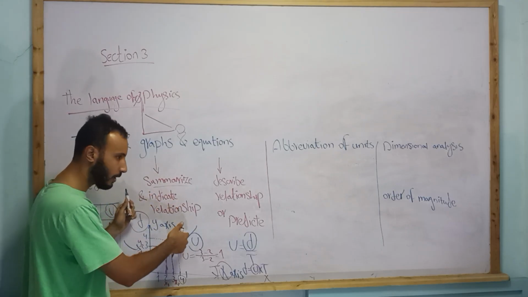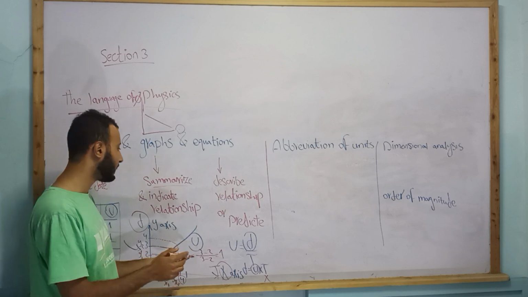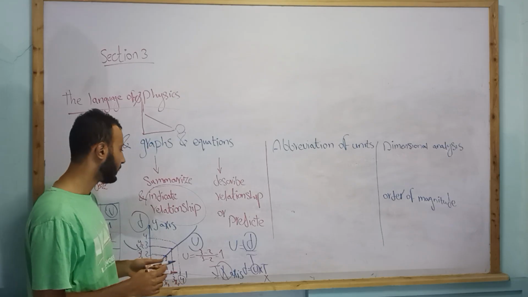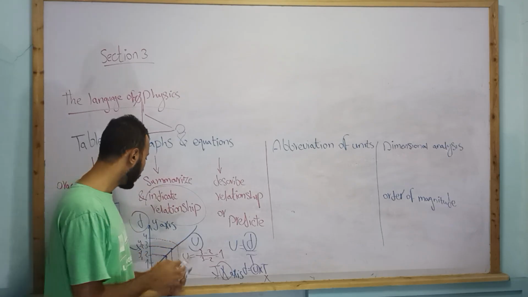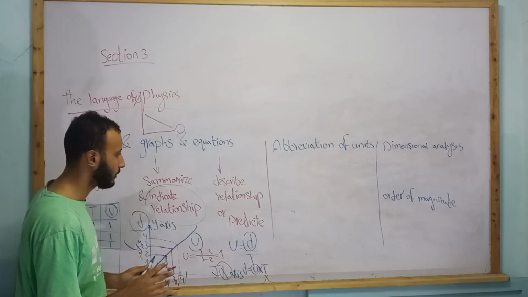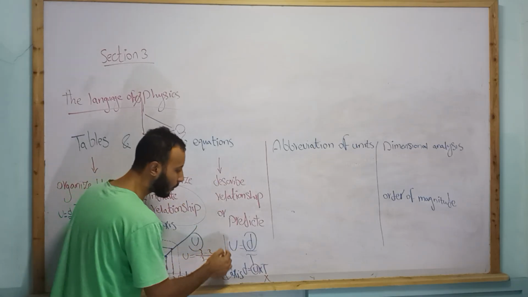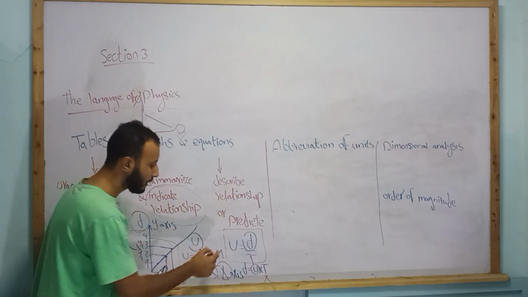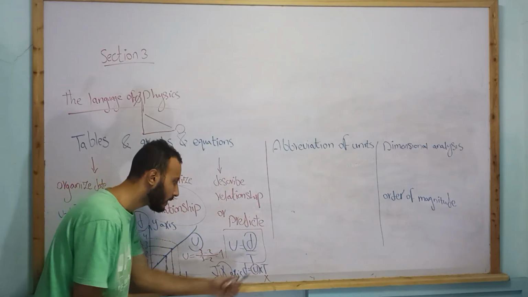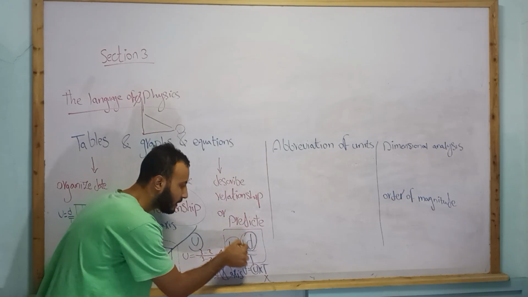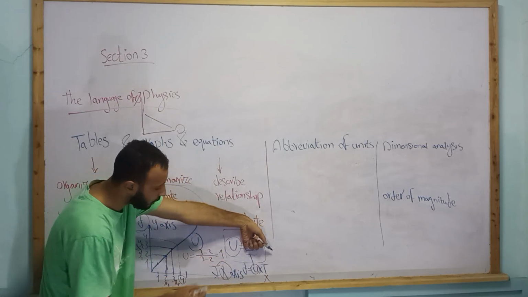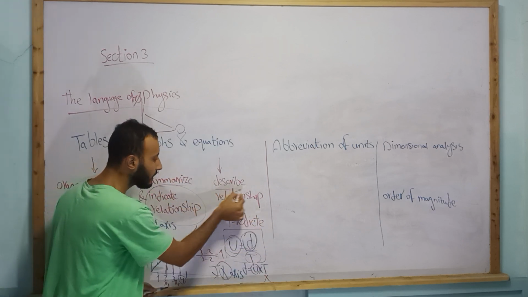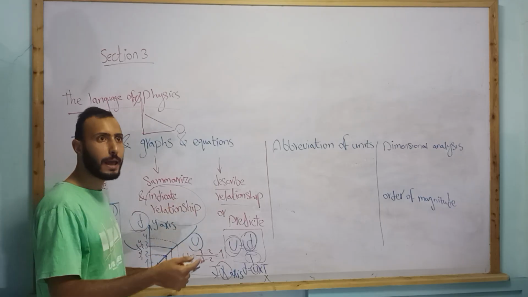Summarize by looking into the graph and knowing whether it's directly or inversely proportional, and indicating the relation. You can know the relation between any two physical quantities. And at the end, this is the equation. By the equation you can also describe the relationship, because if you make this one constant, then v and d are directly proportional, and if you make the distance constant, v and t are inversely proportional. So you can also describe the relationship, and you can also predict any